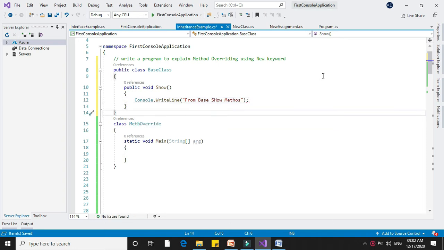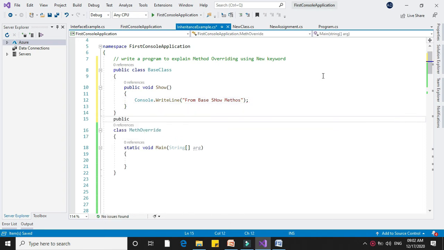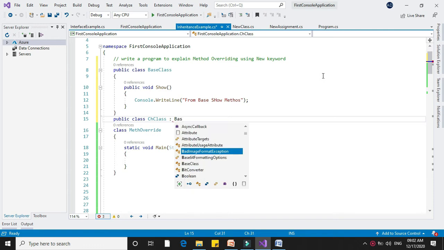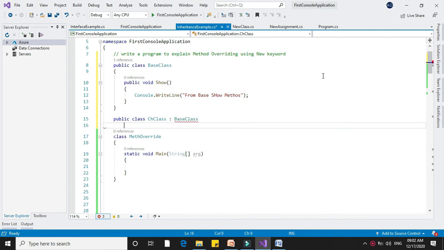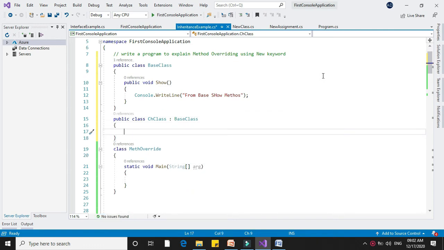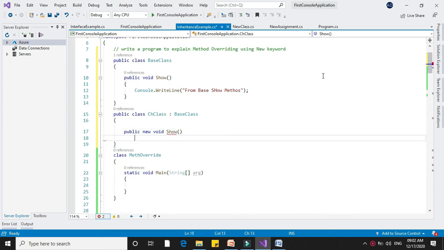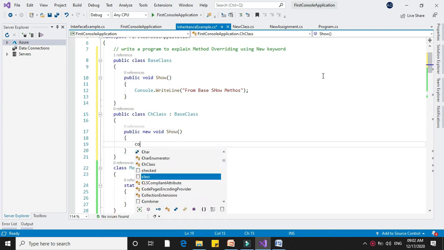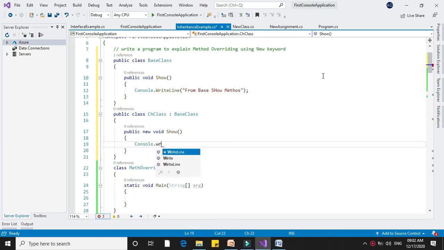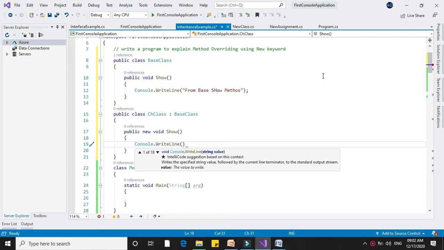And I will declare another class, child class, which inherits base class, and in that I will declare the override method public new void show, and in that I will print from derived class.